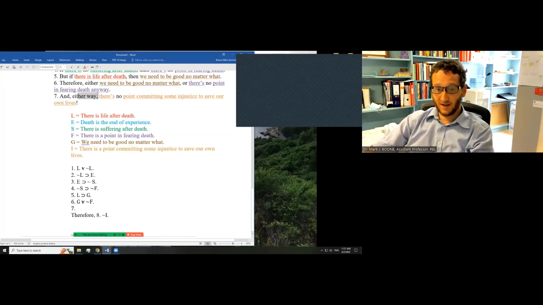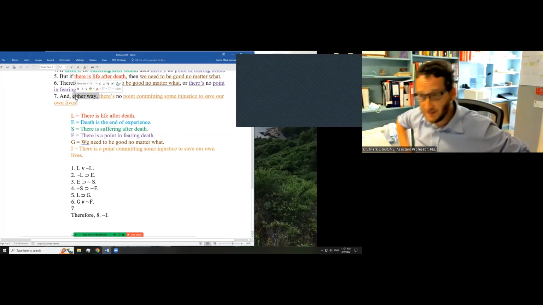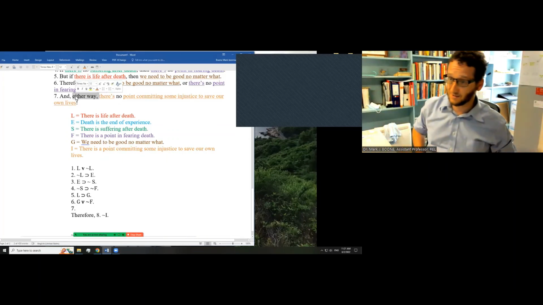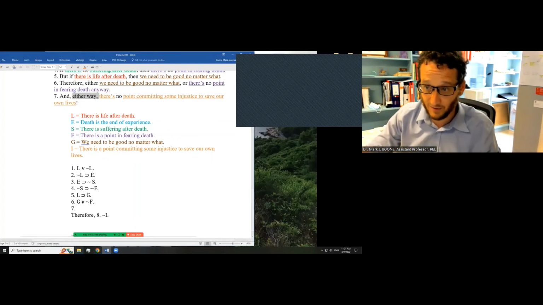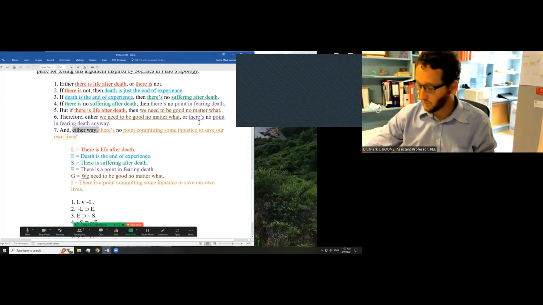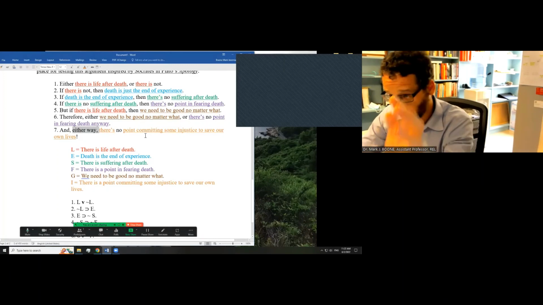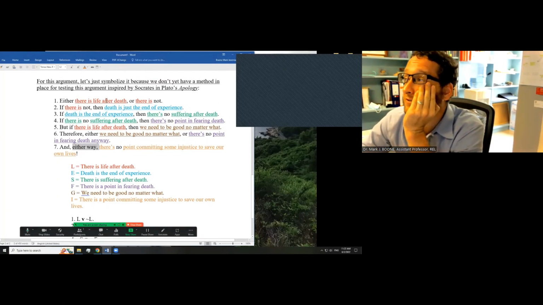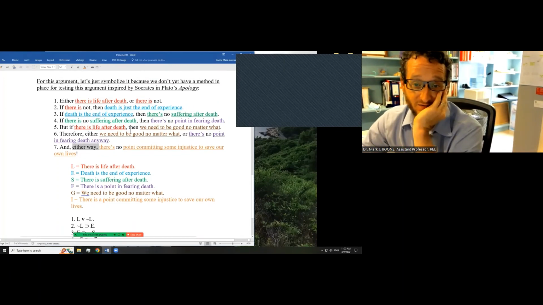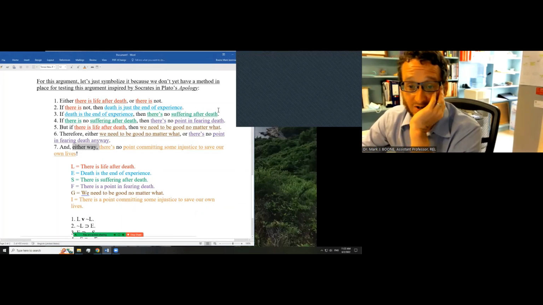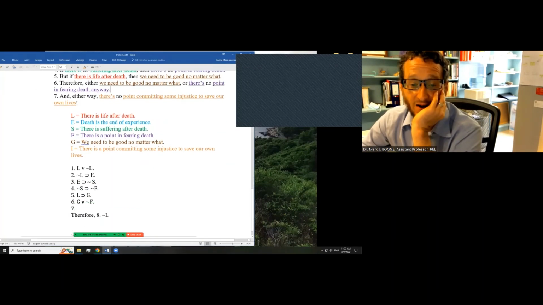Now, the either way is implying an extra premise. You can spend as much time on this as you like, and it may or may not do you some good. Try not to think too hard about it is my suggestion. You do what you need to do, but I think you don't need to think too hard about this. It's a fairly simple enthymeme, I think. An enthymeme is an argument with an unstated step, usually an unstated premise. I think here we have an unstated premise that gets us from,